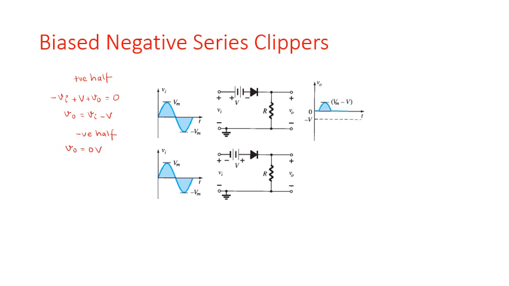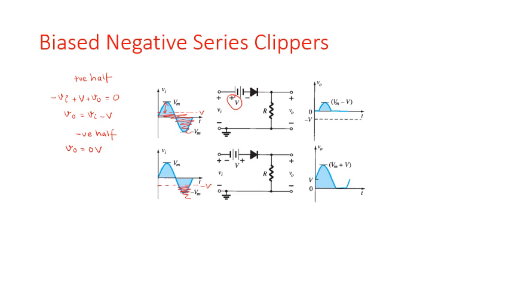If you draw this waveform, this is what it looks like. So the shortcut method is, since I have a plus V over here, you draw plus V over here. It is a negative clipper, so everything below this is going to get clipped, and this is the part that you will get at your output. In this waveform, your shortcut method would be, you have seen a minus V over here, so you draw a minus V here. It is a negative clipper, so everything below this gets clipped out, and the output that you get looks something like this. You will have to apply the set of equations and find out what the answer is.